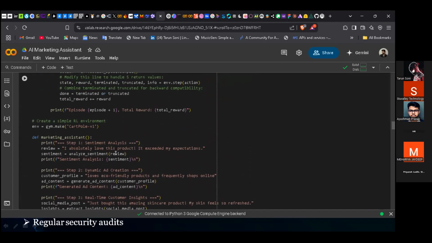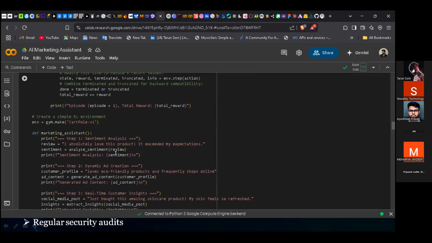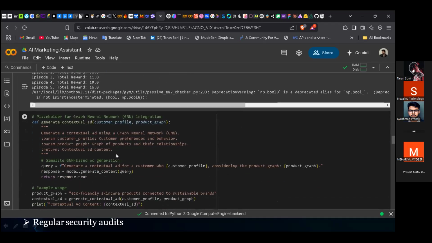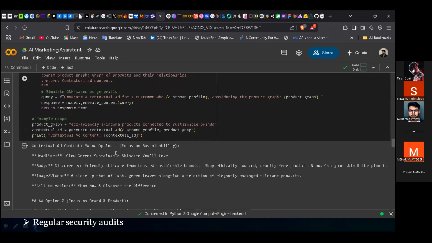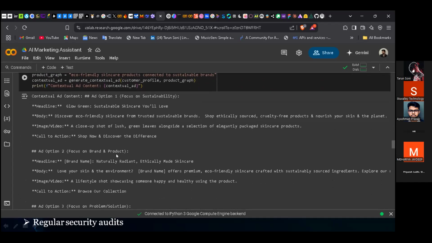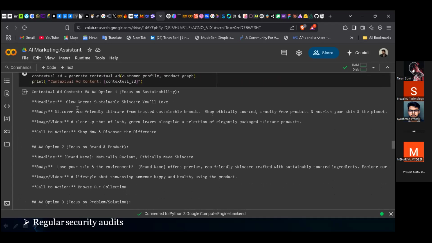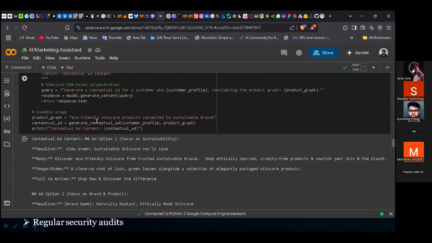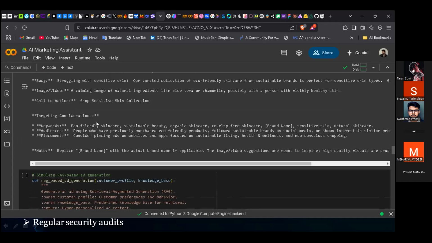आई वुड से पीसेज हैं तुम्हारे पास, बट थोड़ा सा भी इसको स्ट्रक्चर करने का काम करना पड़ेगा। ओके, आगे चलो, नेक्स्ट क्या बना है? और इसके नीचे जैसा आपने कहा था जीएनएन वगैरह का इंटीग्रेशन भी हमने किया था, तो उसका कोड है। और ये आउटपुट जिसमें ऐड कंटेंट और ऐड ऑप्शन ग्राफ वगैरह देखो। सस्टेनेबिलिटी वगैरह, ये ग्राफ, हेडलाइन ग्राफ, वगैरह। जीएनएन नहीं, ग्राफ बेस्ड न्यूरल नेटवर्क में ग्राफ, ग्राफ का है।